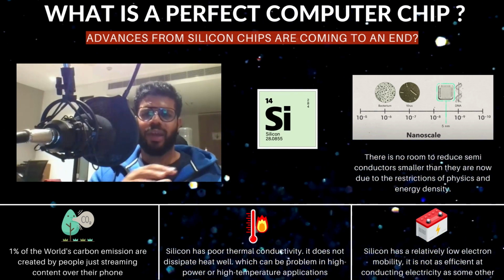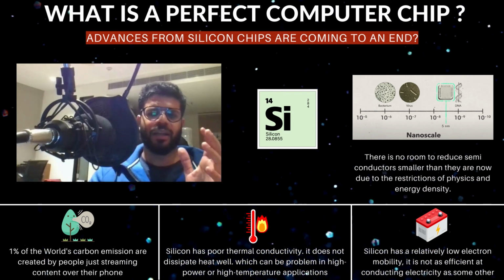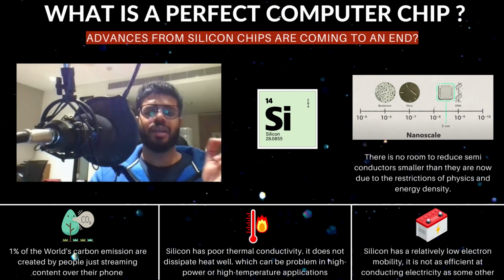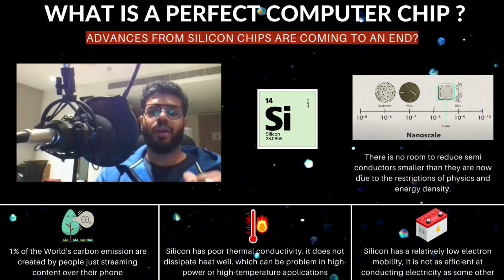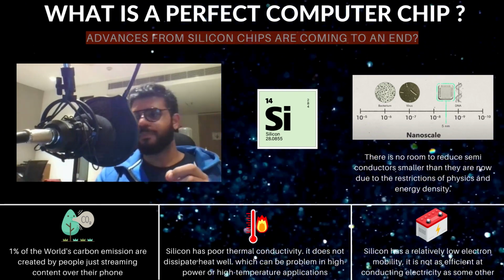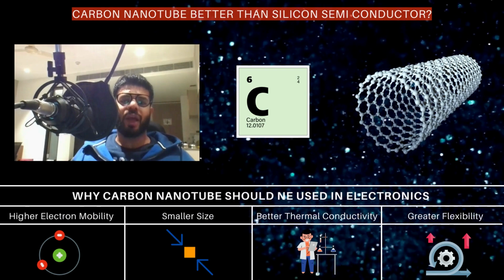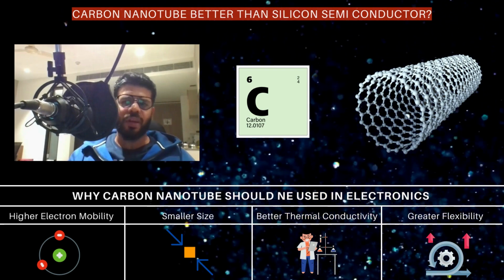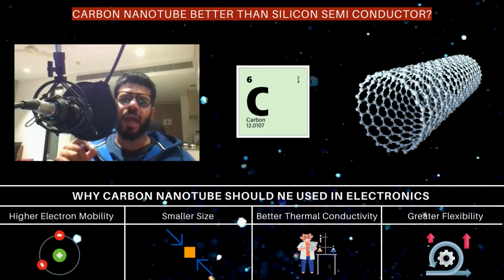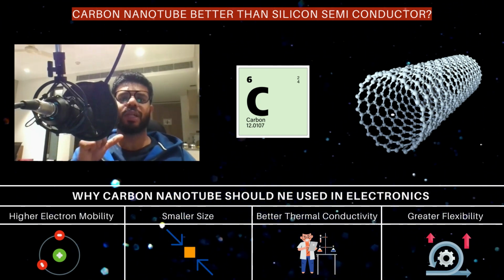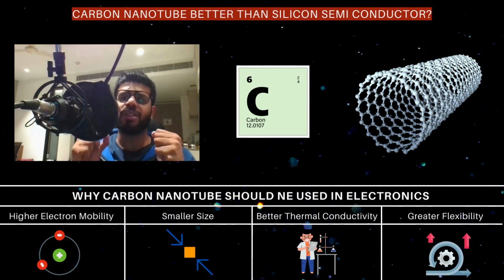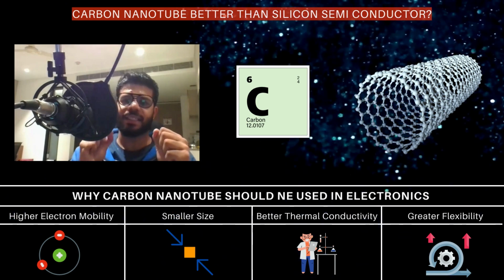Overall, silicon has been a very successful material for use in semiconductors. It has some limitations, which I have discussed in the earlier points, that might be addressed by using an alternative material called carbon nanotubes, which I'll explore in the coming slide. In this slide, let's try to understand the use of carbon nanotubes. Carbon nanotubes have a number of properties that make them attractive for use in electronics and other applications, as a carbon nanotube is an allotrope that resembles a tube of carbon atoms. Carbon nanotubes are extremely robust and difficult to break, but they are still light.